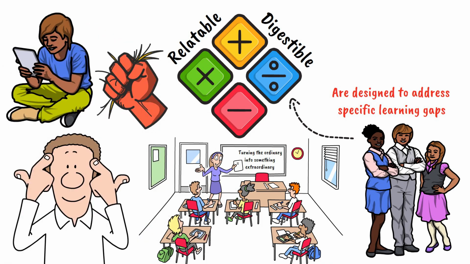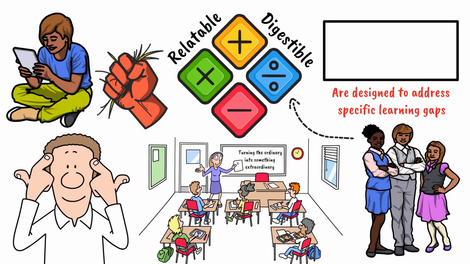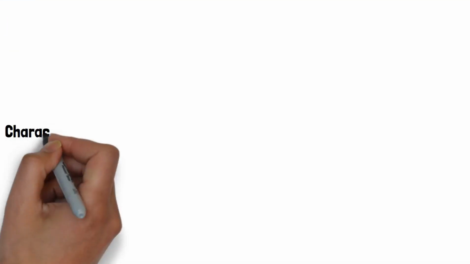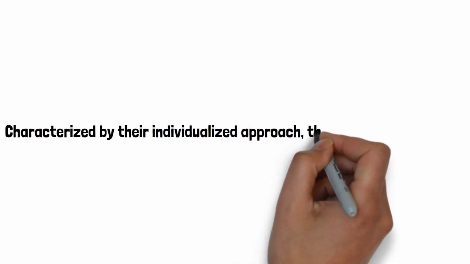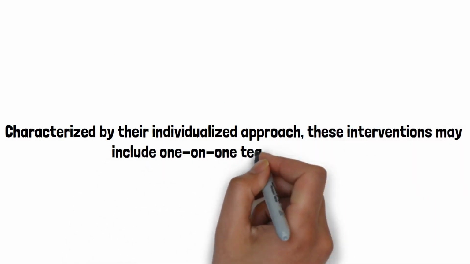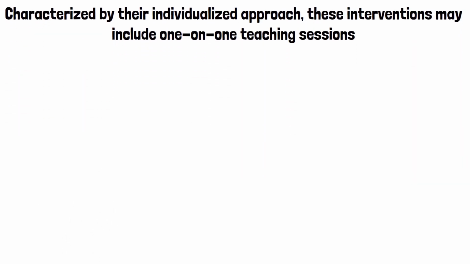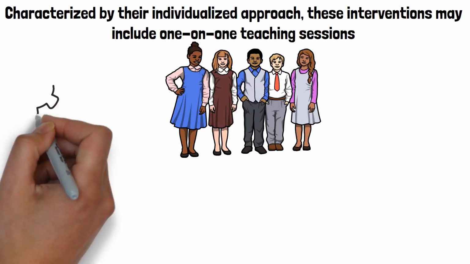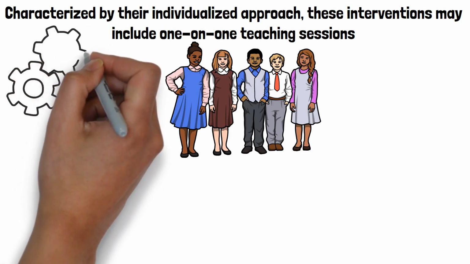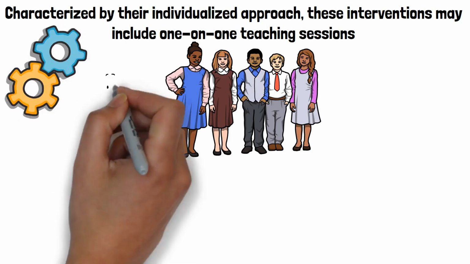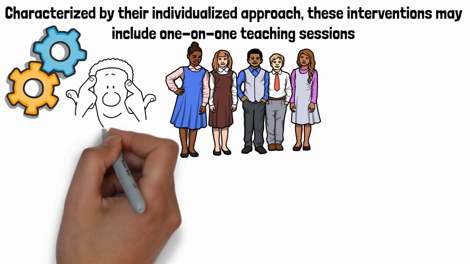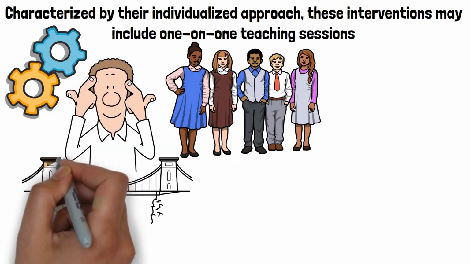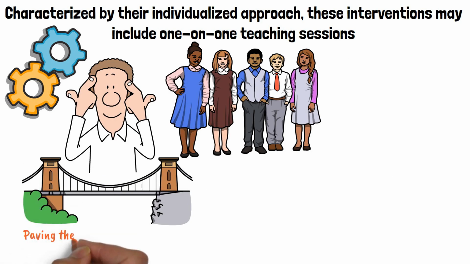For students who require more intensive and personalized support, Tier 3 interventions come into play. Characterized by their individualized approach, these interventions may include one-on-one teaching sessions. Educators focus on tailoring the learning experience to each student's unique needs. This might involve breaking down complex problems into more manageable segments or utilizing tangible materials to enhance comprehension. The aim is to build a sturdy bridge over the gaps in understanding, paving the way for a clearer grasp